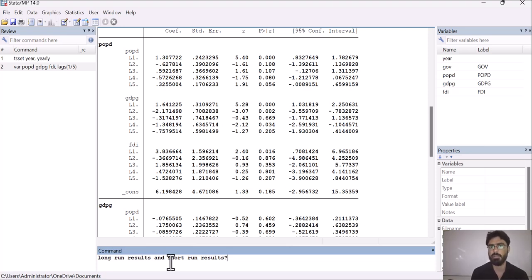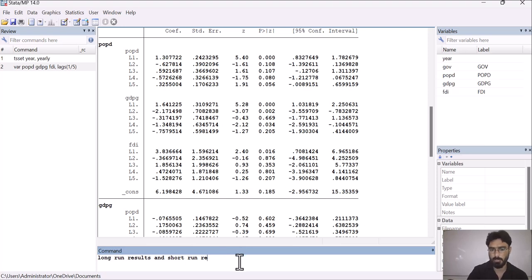They are not moving together in the long run. So keep in mind that when you apply the VAR model here, it gives you results for only the short run, because the Johansen co-integration test already confirmed that there is no long run relationship. So all of these results are for the short run.